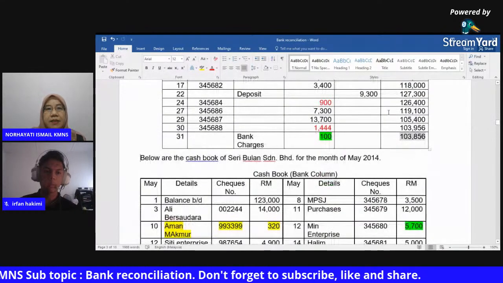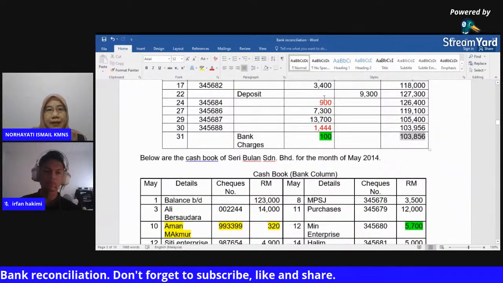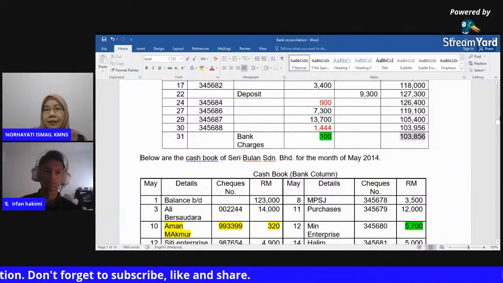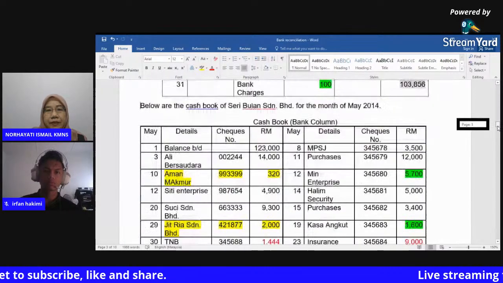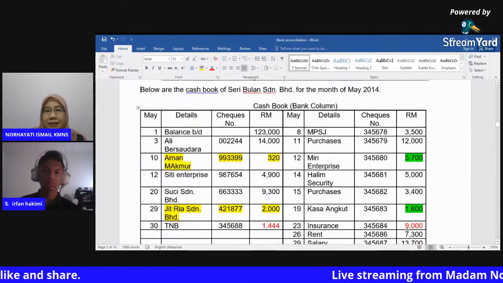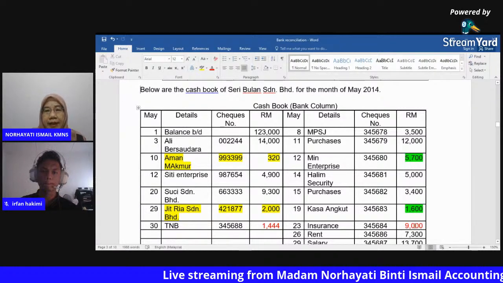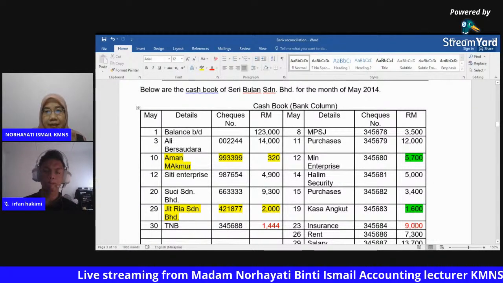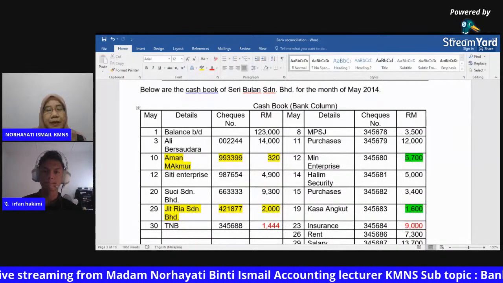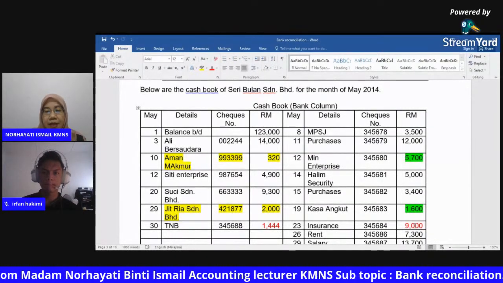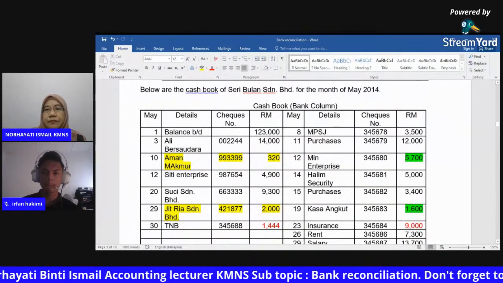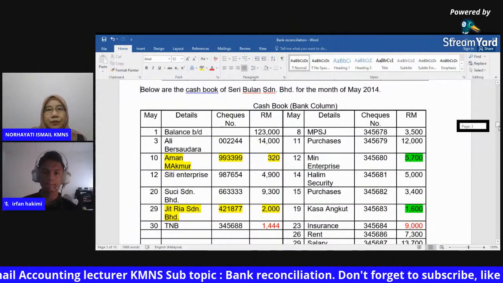The amount, this is the correct amount, 900, but the amount has been recorded as 9,000 in the cash book. That one is overstated in the credit side. Okay, we have to make an adjustment. And another one, for the item